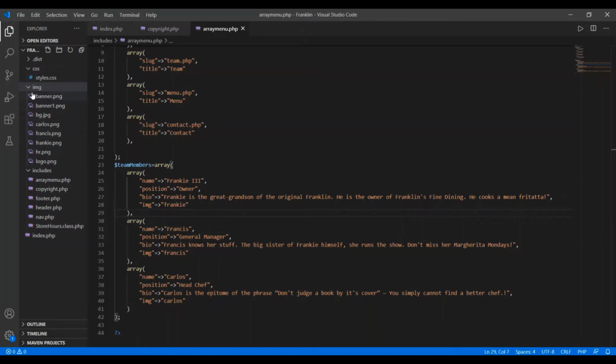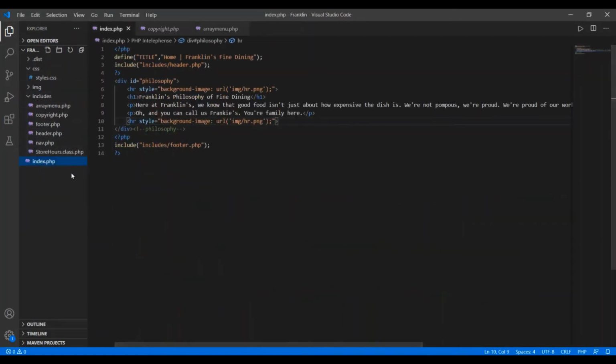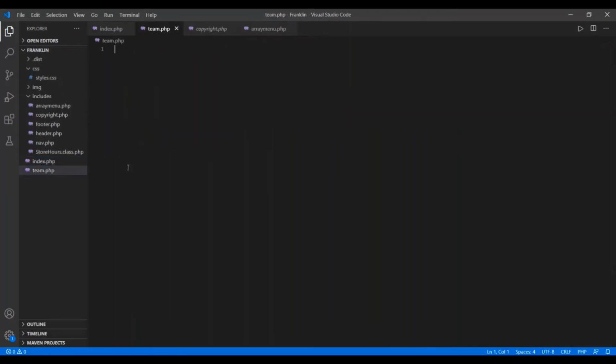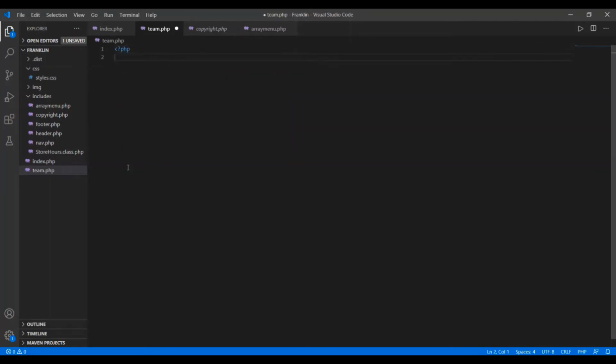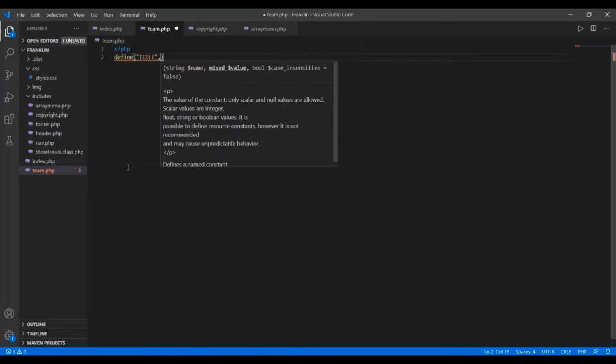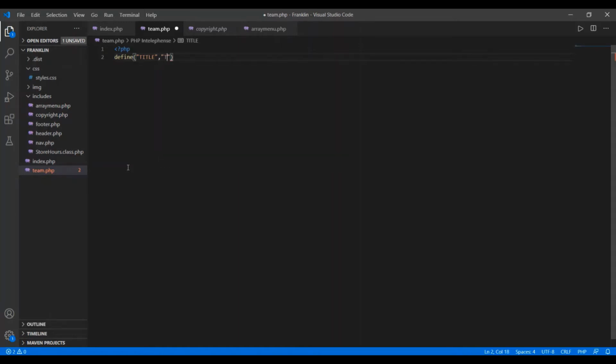After this I have to move to my root folder, and in the root I have to create team.php. So here is my team.php file, and in this file I have to write some PHP script. First of all I want to define the title. For this I'm using the define function, and here I give the name of the variable, say title, and to this I assign the value in double quotes, say team,